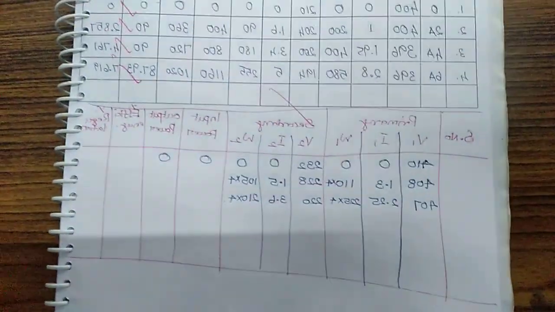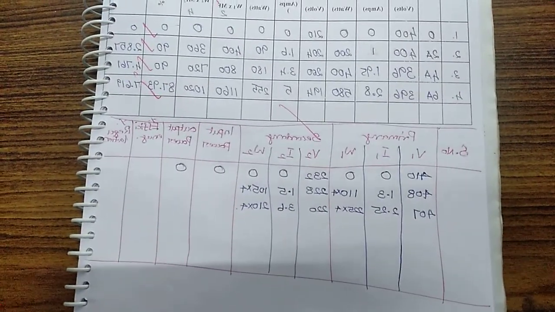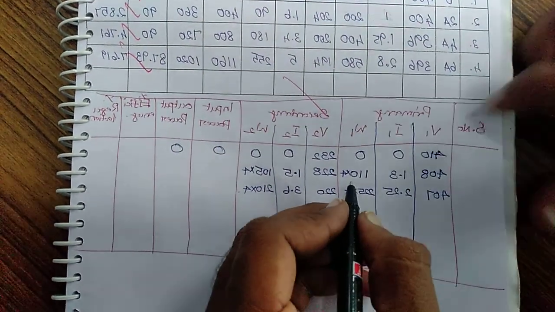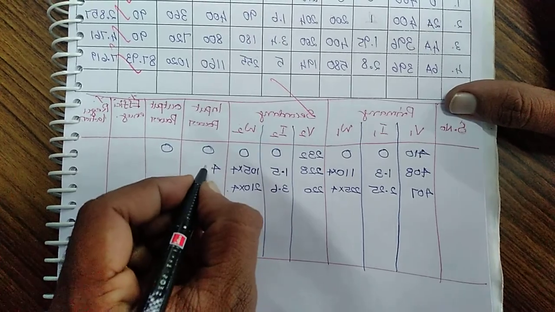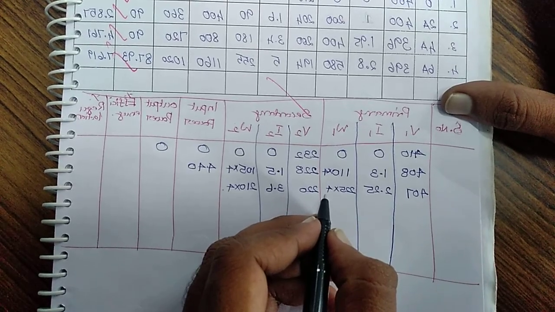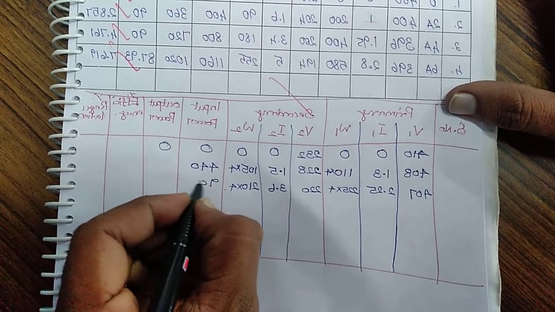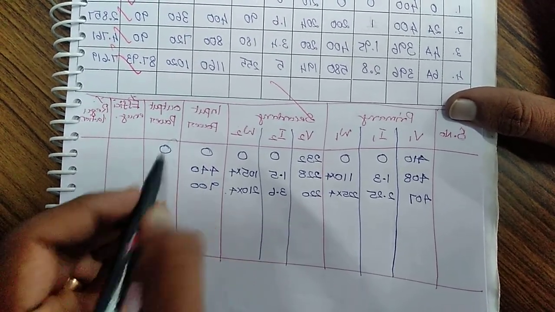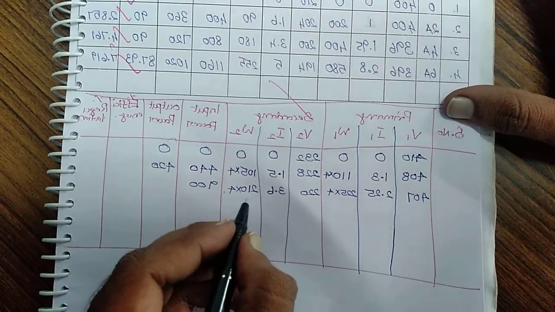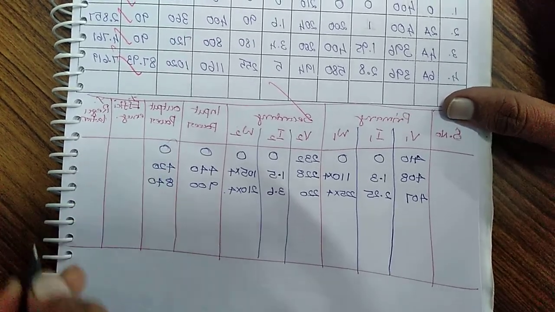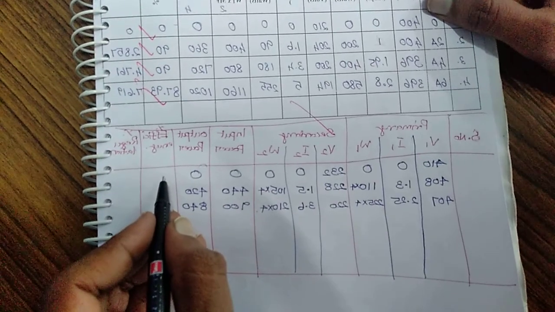So this is your tabular column. After multiplying, we write the input power and output power here. Input power for no load is 0. Then 110 into 4, you will get 440 watts. For 225 into 4, you will get around 900. Next, output power: 105 into 4 is 420, and 210 into 4 is 840. Based on that, you can calculate the efficiency.